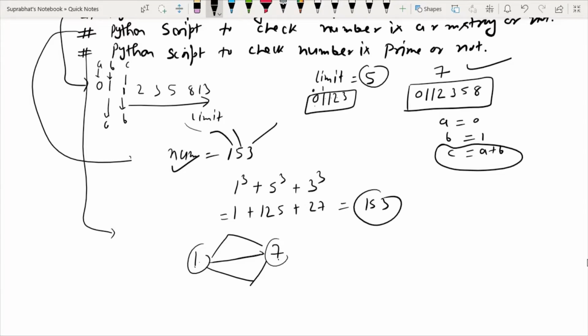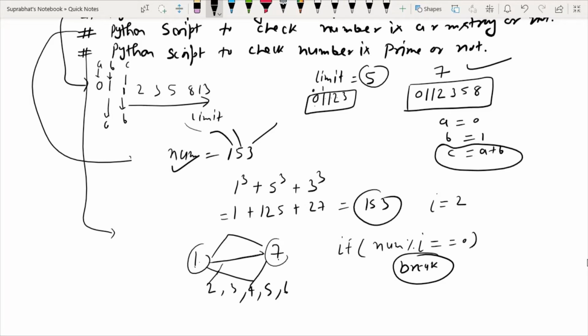For example, you will check like this: if num mod i equals 0, where i starts from 2, and each time you check dividing num by i, that is 2, 3, 4, 5, 6. In any case, if it matches, you just use break. You will use break here also to check whether a number is prime or not.